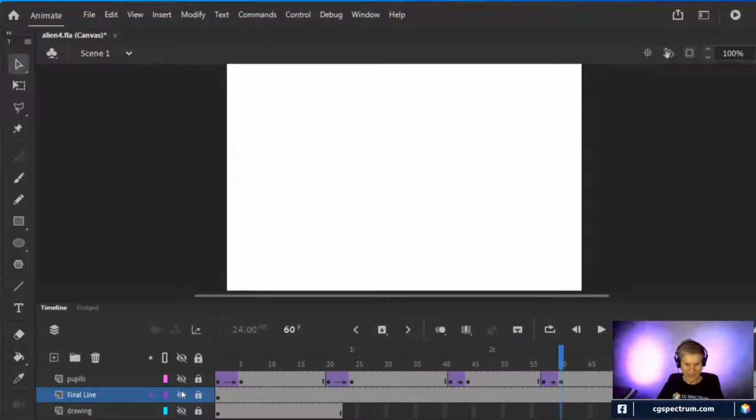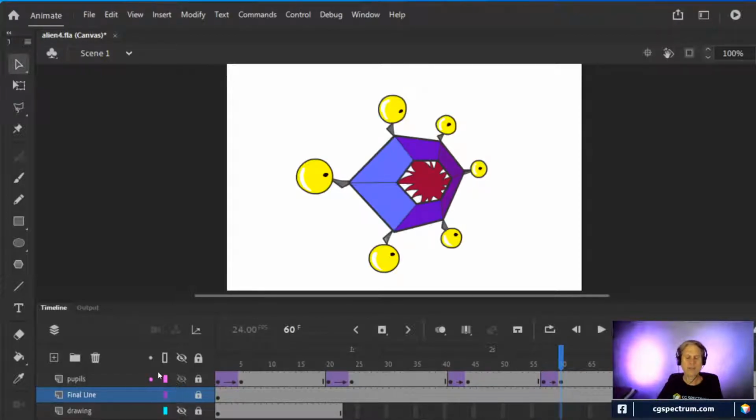Let me hide everything, see if I got the drawing available, which I don't. Okay, great. But so here you go. If I take off the eye layer, you can see there was just the body, and then I added the eyes. And then I used a little bit different method on this one.